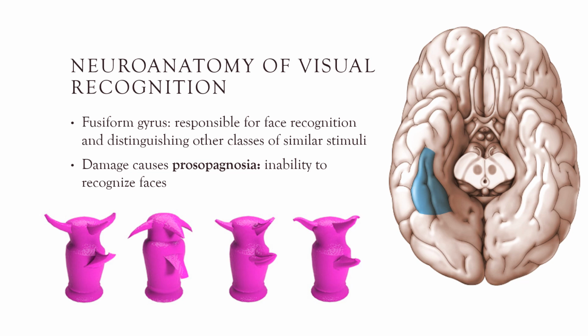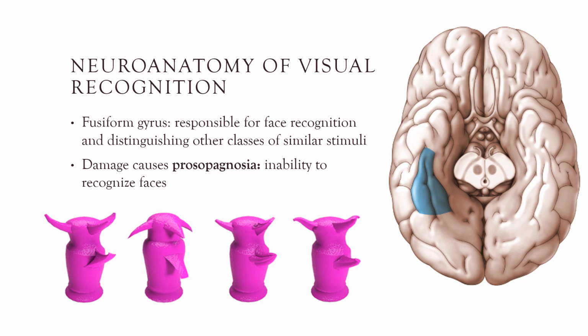So here we have the brain kind of flipped upside down. So this would actually be the right side of the brain. I know it's left here, but that's because the brain's flipped upside down. So the fusiform gyrus is the part of the brain that in general is responsible for recognizing faces. Someone who has damage to this part of the brain will still be able to recognize objects. The world will not look like the picture I just showed you, but they will have a hard time distinguishing